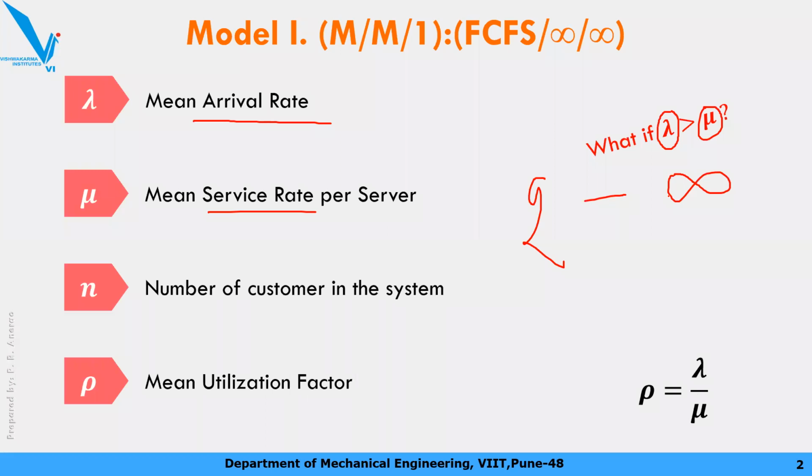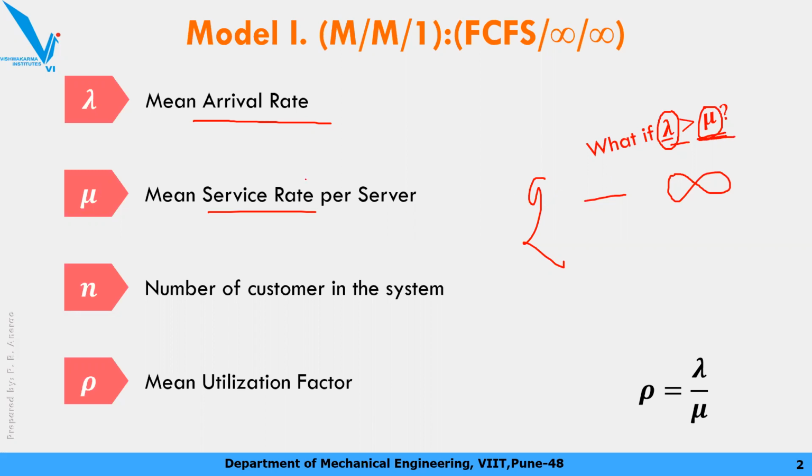So I hope you understood this concept. What if lambda is more than mu? Second consequence of that is the service facility will be always busy. जो लोग सर्विस पे काम कर रहे हैं they will be always busy and eventually the whole system, your server, your shop is going to fail. This queue system is going to fail. So never you should have lambda arrival rate more than the service rate.